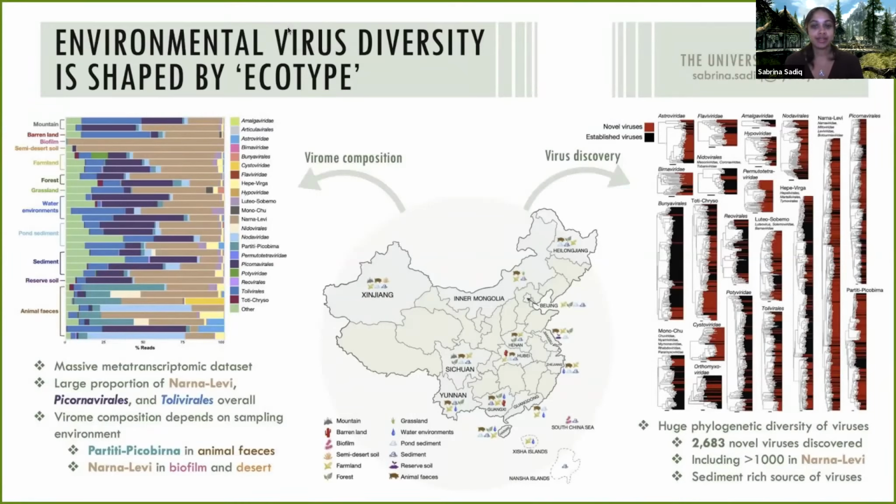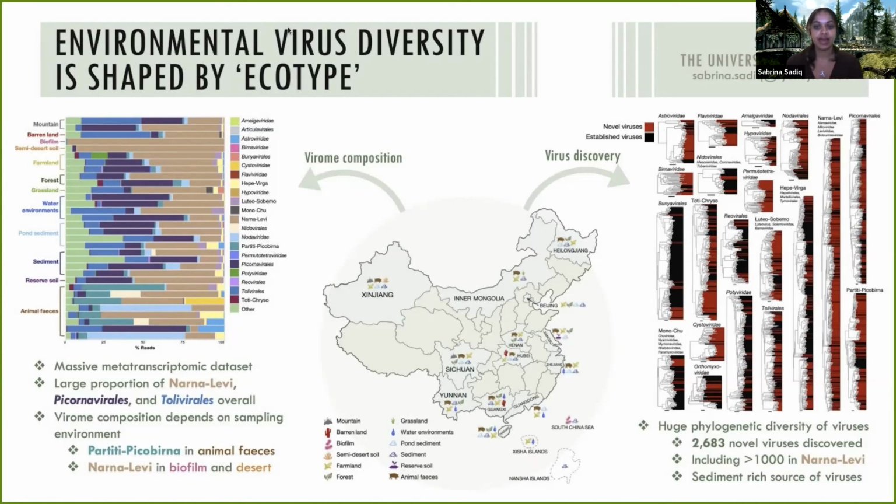So essentially, I was lucky enough to get to analyze a massive data set from China covering 32 different environments across 17 provinces, including environments like sediments, water, forests, farmland, and animal feces. So we worked out the proportions that different viral families make up in each of the 444 libraries in order to get the quite colorful figure I have here on the left, which describes how virome composition differs depending on